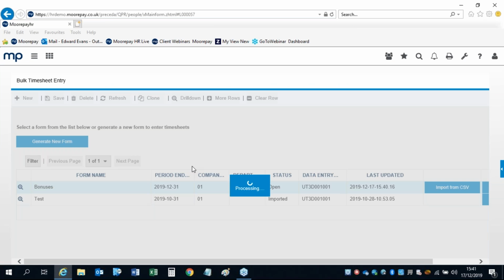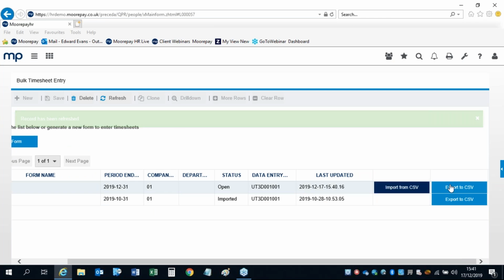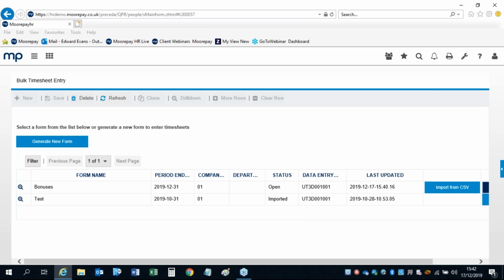But if we close that down, you will notice that at the far end here, we've got an import and an export button. So this timesheet, it may be that you've got all your bonuses on a CSV or an Excel file with all the employees' names on so that you can just fill it in. So rather than having to type it all in, you might prefer to just copy it. For that reason, there's an export option. So if we click export to CSV,